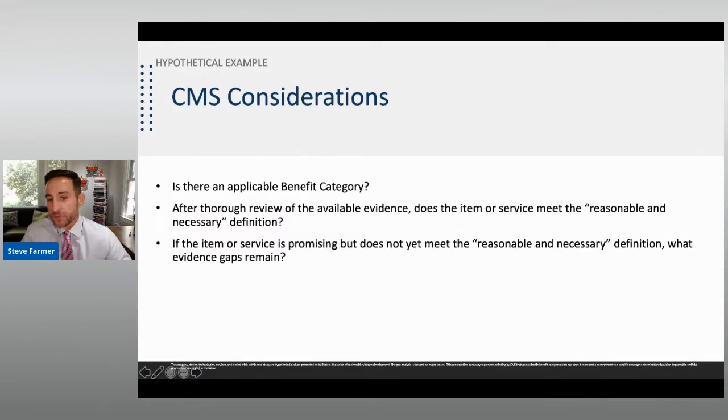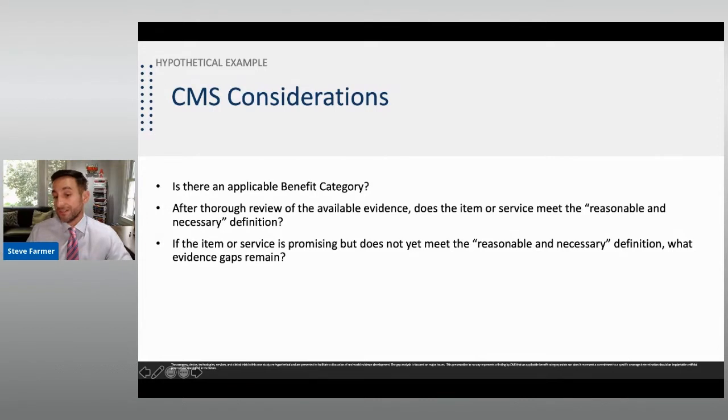So when reviewing any new device for CMS coverage, CMS addresses a series of questions. CMS's defined benefit program and devices must have a benefit category determination to be eligible for payment under our authority. So for the purpose of this discussion, let's just stipulate that the device and all of its associated services are covered and have a BCD. Next, CMS will review the available evidence to determine if it meets their reasonable and necessary threshold. If it does, it may be eligible for a national or local coverage determination.